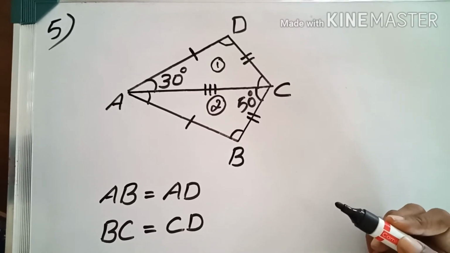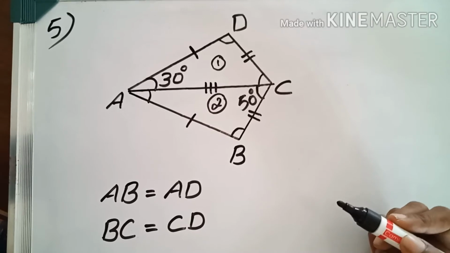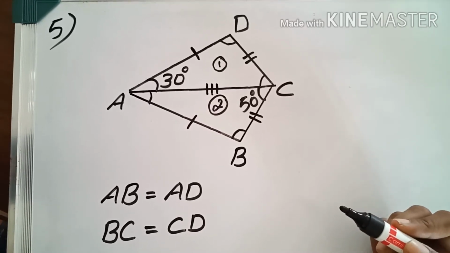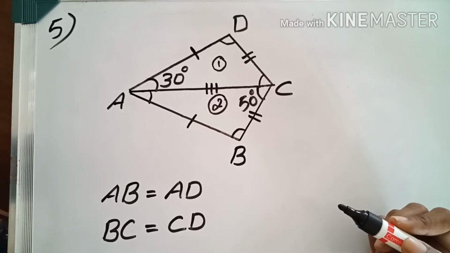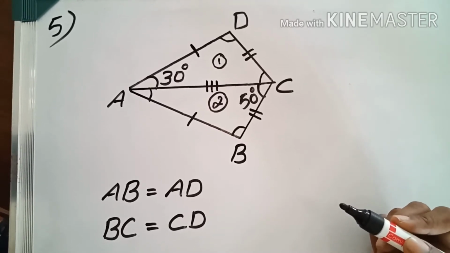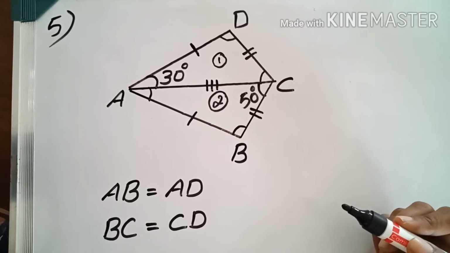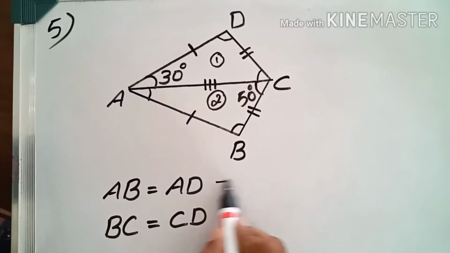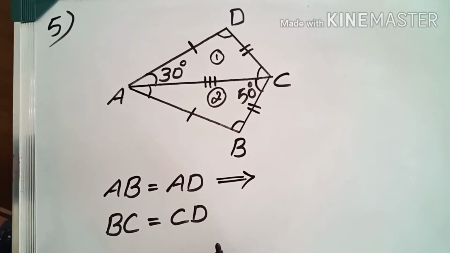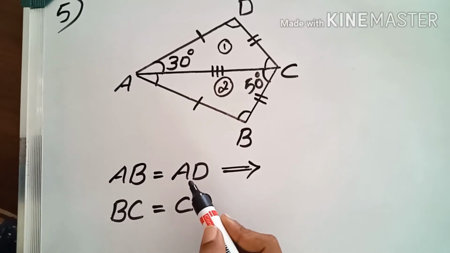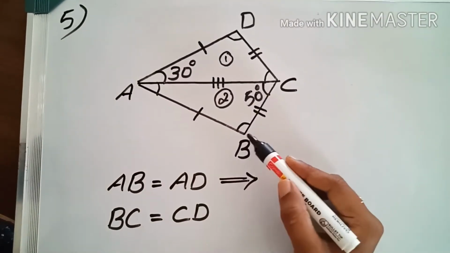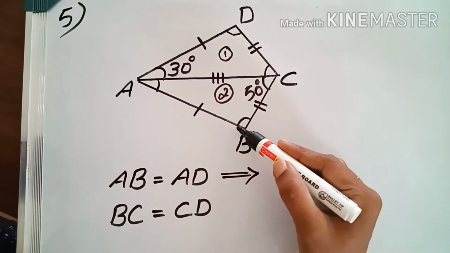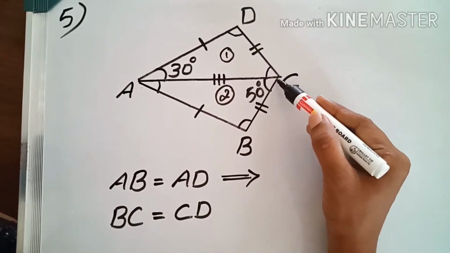So equal triangles means their angles will also be equal, that we know. Okay. Now which angles will be equal? Angles opposite to equal sides will be equal. Which are the angles opposite to equal sides? That will be equal. Now let's check. AB equal to AD means which are the angles opposite to AB and AD? First consider AB. AB's opposite angle is angle C. AB is the side. Just opposite angle is C.